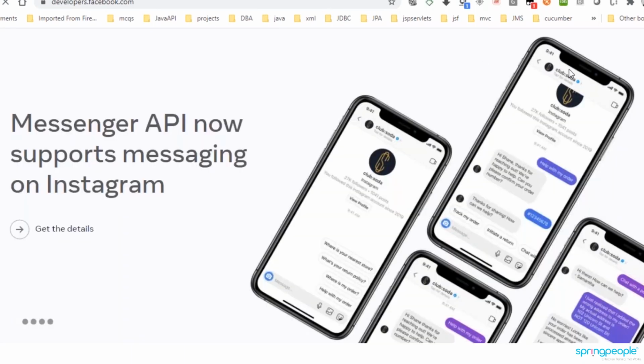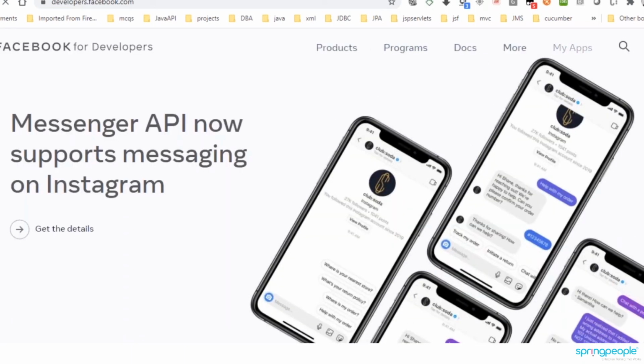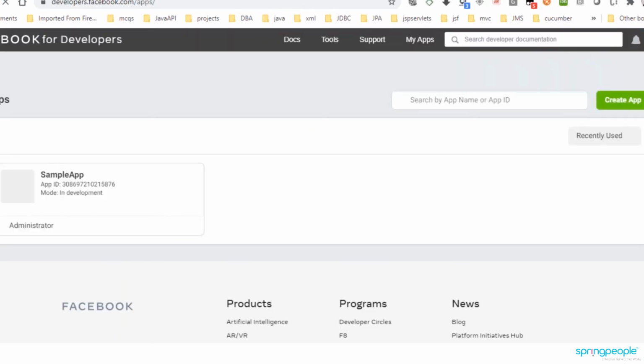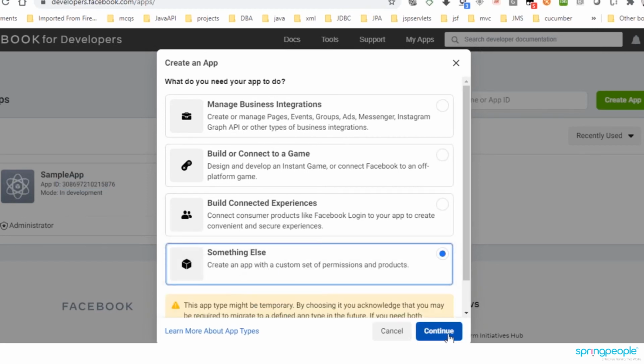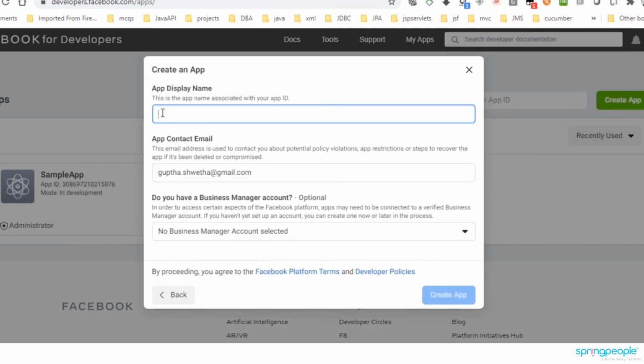You should have a Facebook developer account. And after that, if you go to My Apps, I already have one app. We should not share the app ID and secret with anyone. So we can just click on Create App. You can choose whether you want it for managing business, or you want to create an app with custom permissions in the product. I'm taking this one, and then we'll just continue. We can provide the app name you want to configure, so let me give it a simple app name, and the app contact. Any business account is not required.